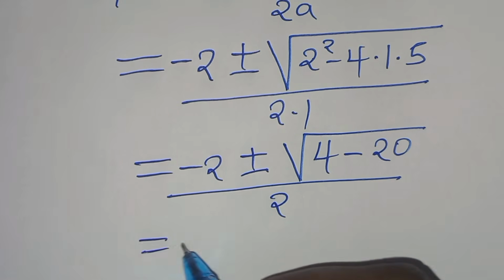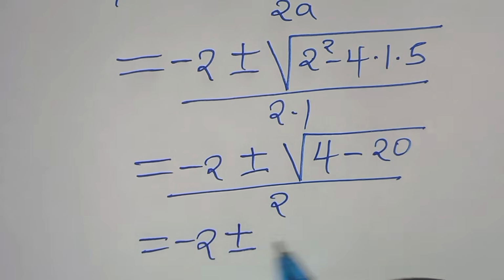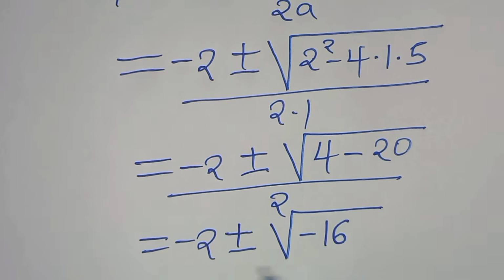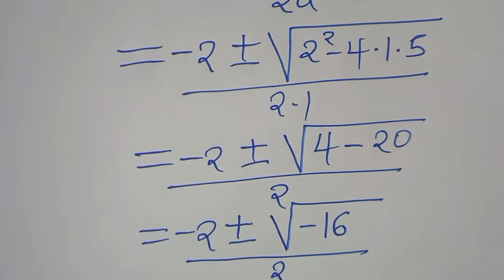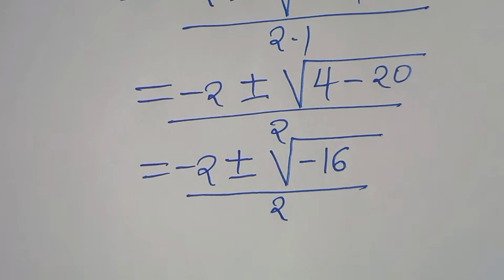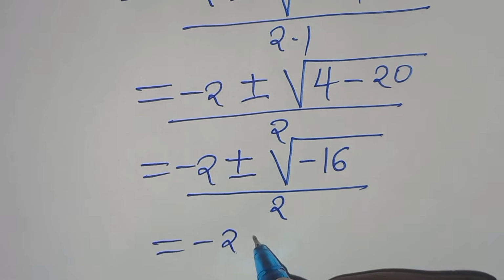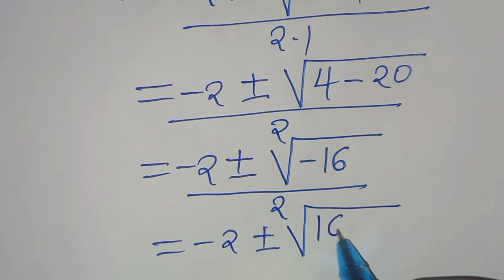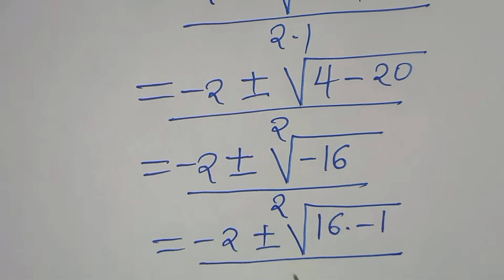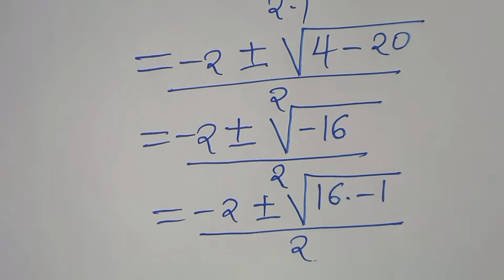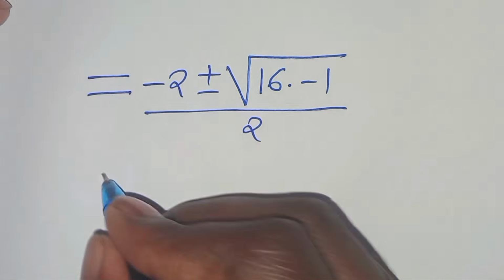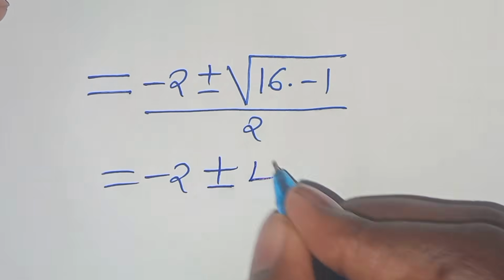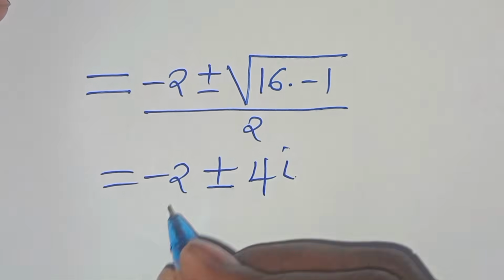So this is equal to negative 2 plus or minus the square root of 4 minus 20, over 2. So this is negative 2 plus or minus the square root of negative 16, which is 16 times negative 1, divided by 2. So this means we have negative 2 plus or minus the square root of 16, this is 4, and the square root of minus 1, this is i, then divided